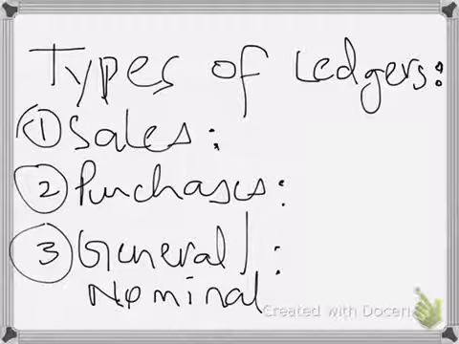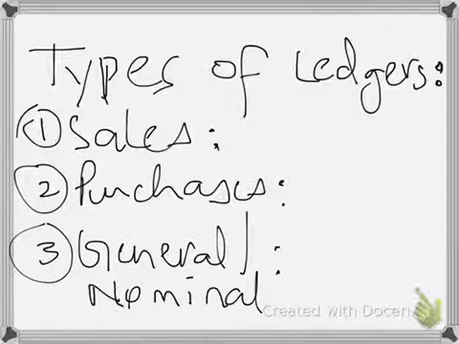Why not just one? So the answer to that is, two of the most important people in our business are the customers and the suppliers of the business. Without these two people, obviously we won't be able to run the business. So for these two types of people, the T accounts are maintained in separate ledgers. For customers, the T accounts are maintained in a separate ledger, and for suppliers, the T accounts are maintained in a separate ledger.